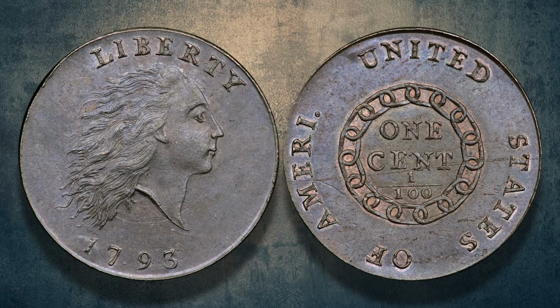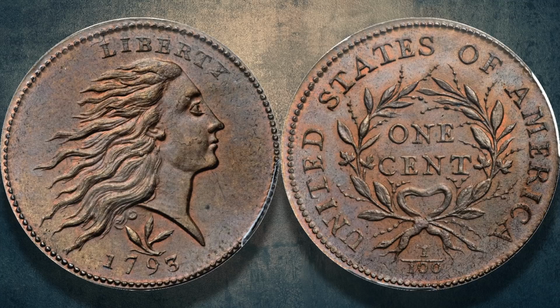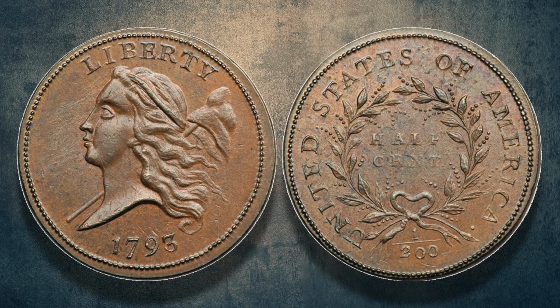So here are some of the coins that he created. 1793 chain cent. Wouldn't you guys like to have this one? It's one of the finest, maybe the finest. Here's a nice wreath. It's got some strawberry leaves back here. A red-brown wreath. How many of those are there? 1793 half cent